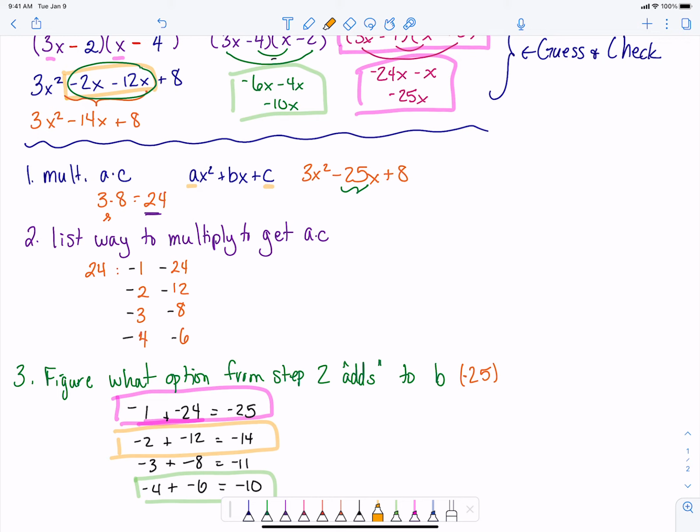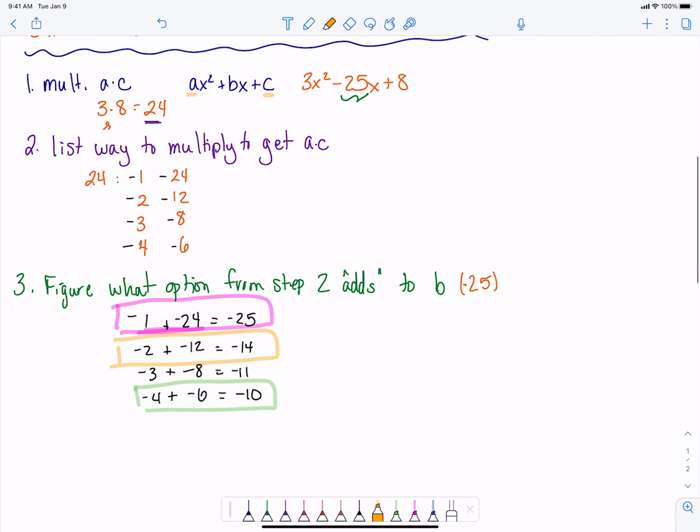So what we're doing here with grouping is really kind of the same idea as unfoiling. We're going to pull this apart. So here is our winner. Those are our 2 numbers from step 2 that add up to be our B. And then the fourth step, I was going to say the 5th step. The 4th step is to split up